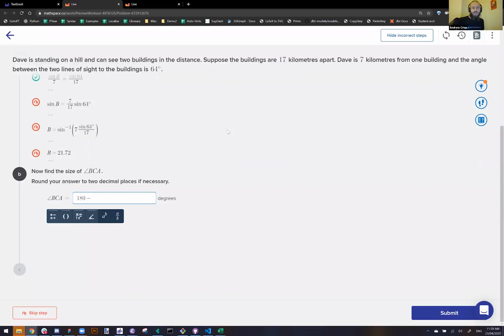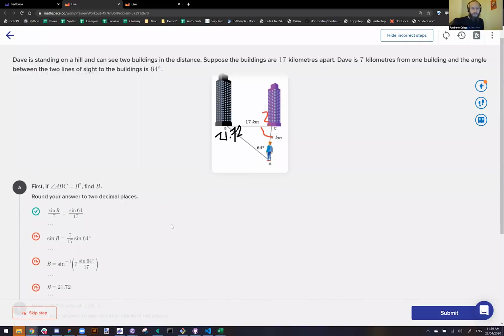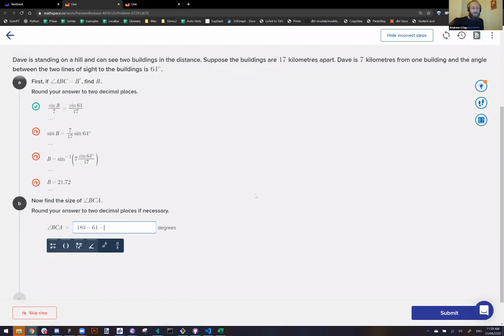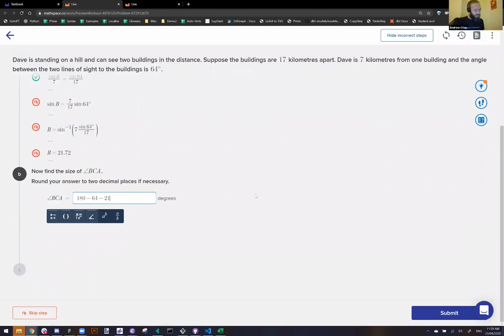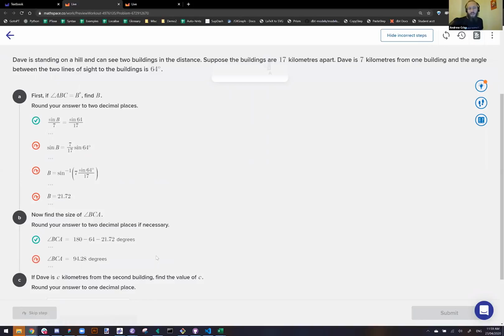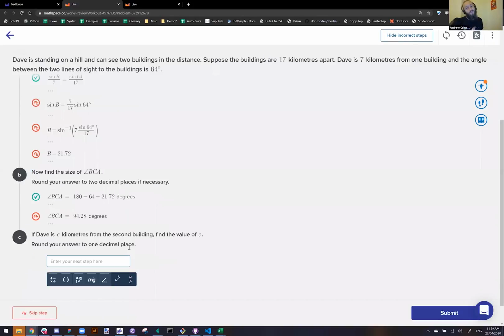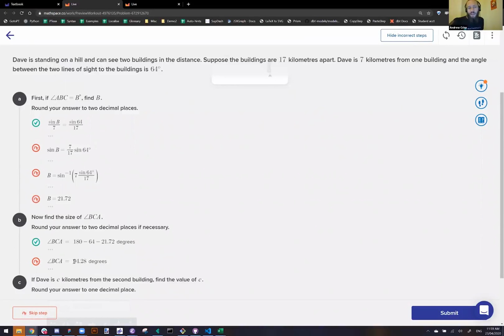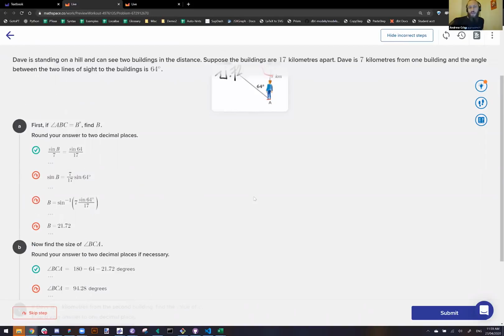180 minus 64 minus 21.72. And it's subtraction, I'm going to use Mathspace, my calculator here. If you do this yourself, you're not going to get credit. But, you know, I work at Mathspace. I'm allowed to just do that. But now that we know that the angle here is 94.28 degrees,